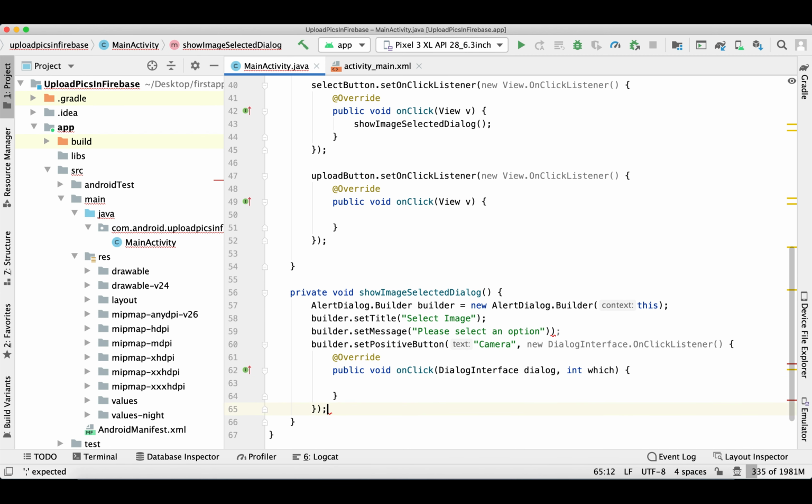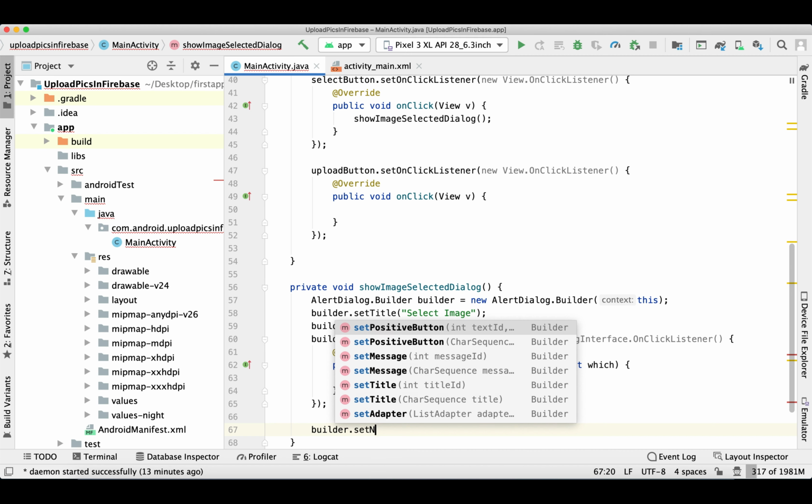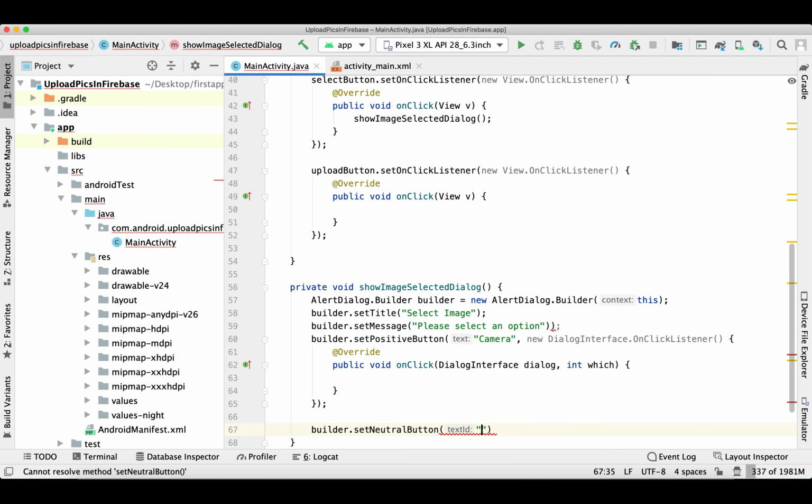One button is going to display as Camera. The second button, the neutral button, is going to be Cancel.